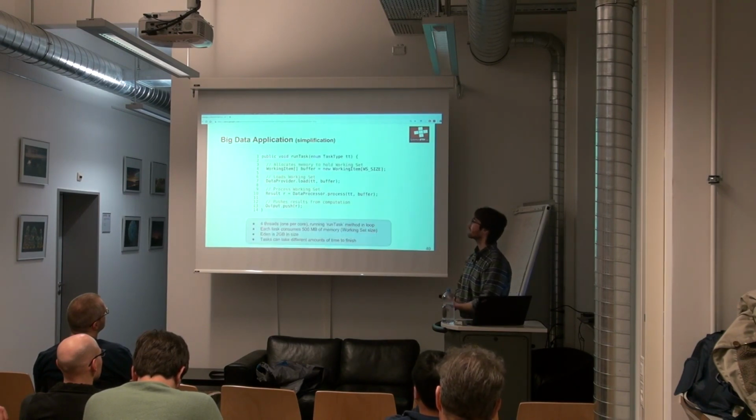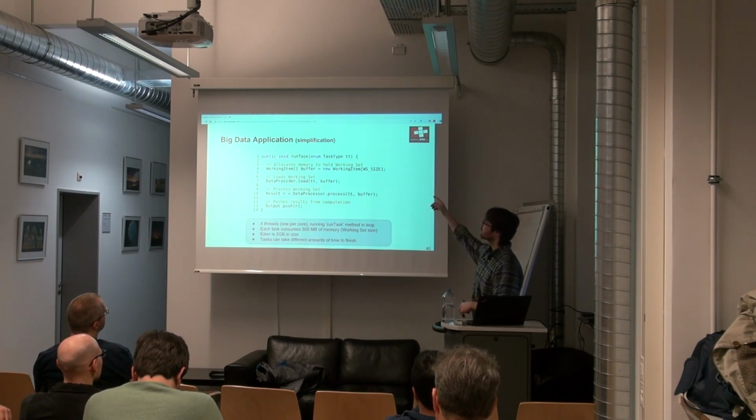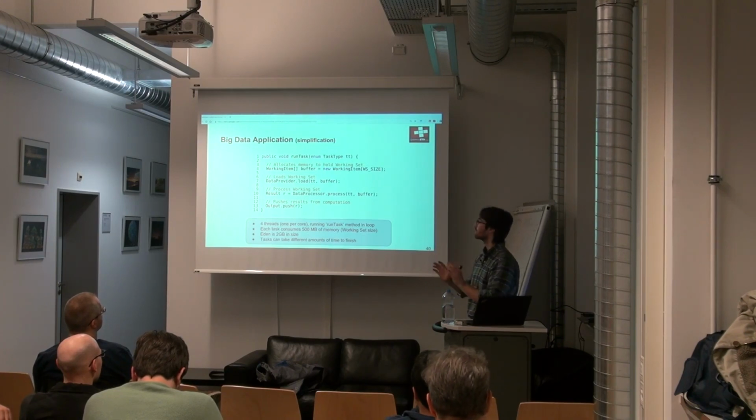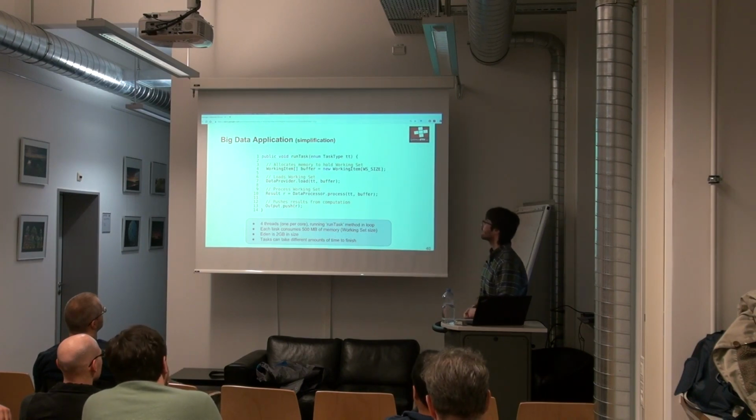Okay, let's do a simple example. Let's assume you have a very simple and potentially stupid application that only performs four main things. It allocates a piece of memory, loads some data into this memory, processes it, and pushes the result to some data structure. Let's assume that you have 4 threads, one per core, running this method in parallel. Each task will consume around 500 megabytes of memory. We'll have an eden size of 2 gigs so that all the working sets can sit in the young generation without having to push anything to the old space.